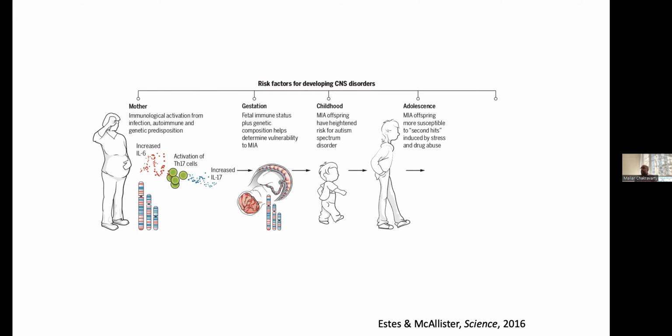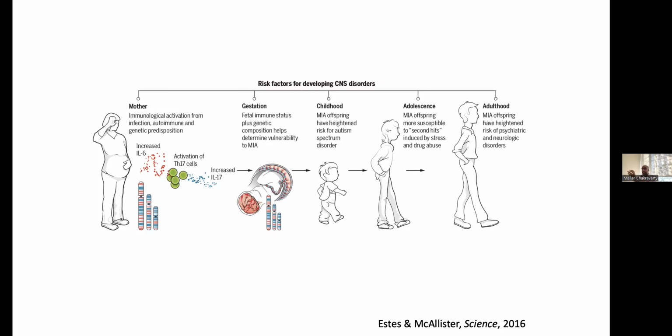And what you often see in individuals exposed to inflammation during pregnancy is a heightened risk for neurodevelopmental disorders that include psychiatric comorbidities like autism, schizophrenia, and higher susceptibility to second hits induced by drugs or stress later in life in vulnerable periods like adolescence. And finally, in adulthood, you see a heightened risk again of psychiatric and neurologic disorders, including things like schizophrenia and depression. And so we wanted to ask the question, okay, given that we know that the lifespan of the mouse is very short relative to ours, and doing investigations that involve brain imaging like this in humans is really challenging, can we now model this in a mouse model?